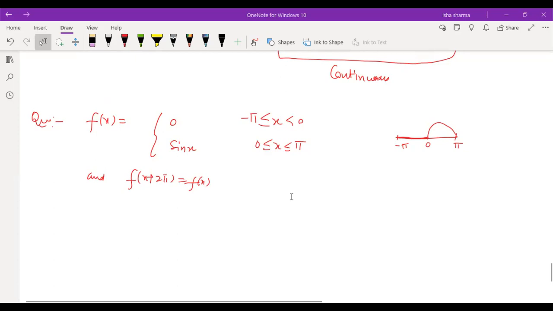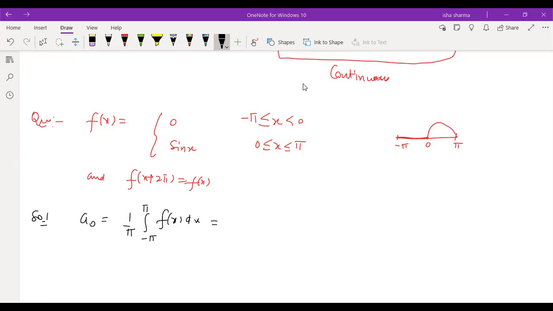Okay, so let me just do the calculation for this function. I'll be very quick now because we already know the formulas. So what is going to be a naught? a naught is 1 by pi times the integral from minus pi to pi of f(x) dx. This is not only for this question, this is for all other questions in which your interval may be subdivided into domains. The only difference this is going to create is